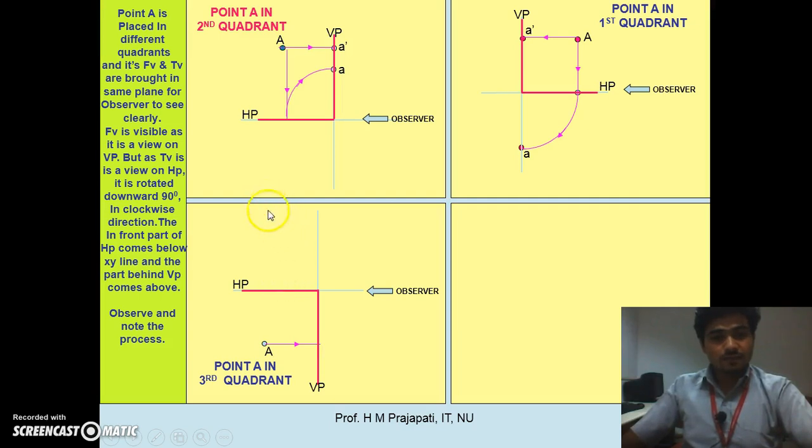Now same way, if the observer moves toward the top and views the object A, but now again here also we need to assume HP as a